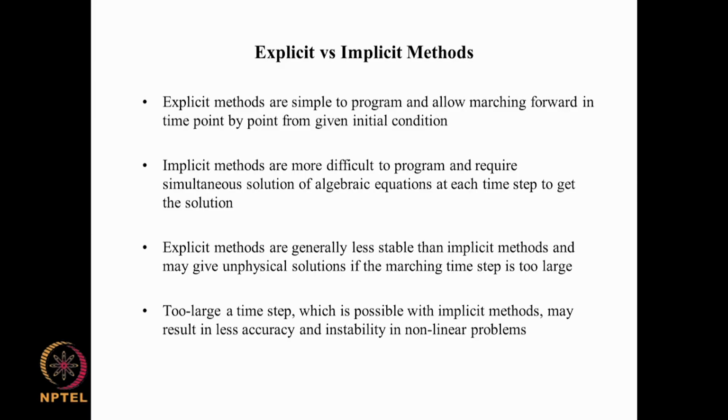In that sense there is definitely an advantage in going towards implicit methods because you can use a large delta t without having to worry about stability, whereas with explicit methods, because you are forecasting based on previous performance, you are limited to taking small time steps,